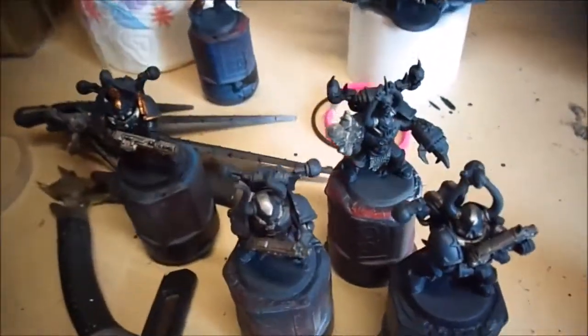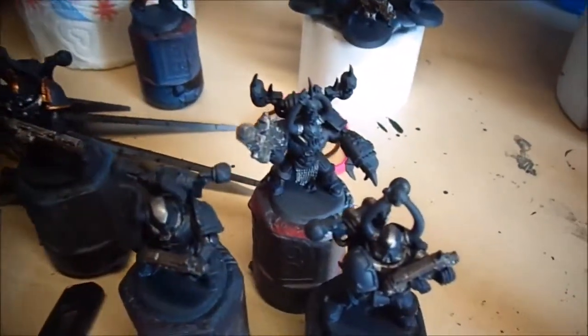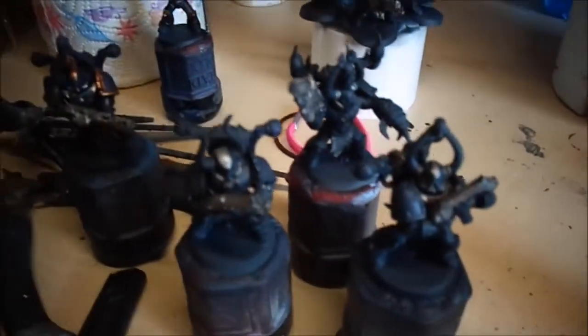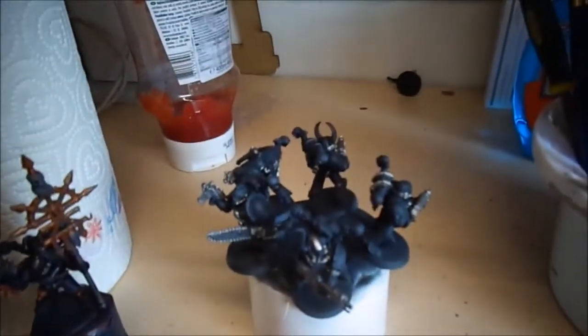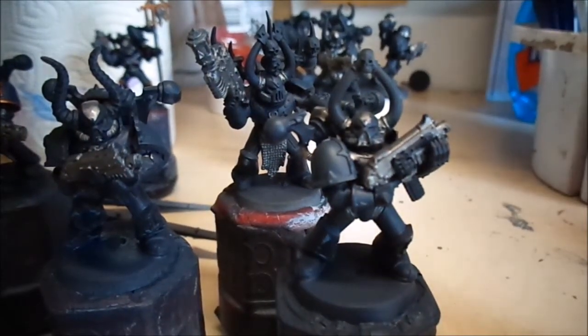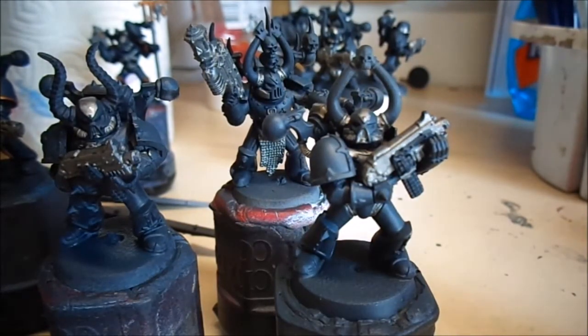I'm just going to show you them from above. I've started the bronze on this guy. All the silver is done on all of them, and he has bronze on him as well. And then 5. So what I did was I used Vallejo Model Air Black after priming them grey, and then